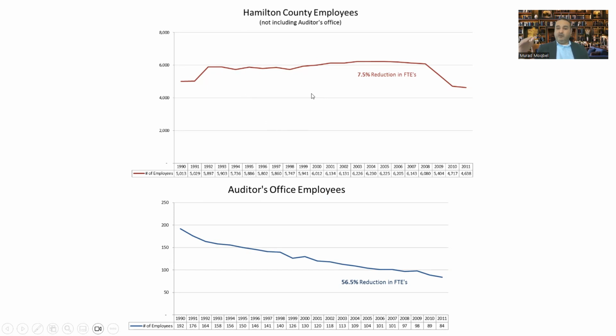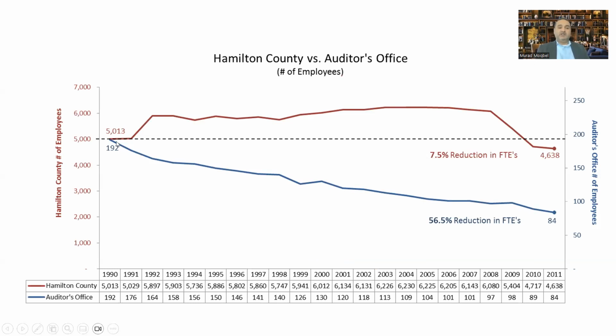However, it would be better if we create a dual axis or show them in one graph to be exact, right? That way we can compare them in a better way. So this is how it should look. We start when both of them start in 1990, and then the race starts 20 years later, right? So now you can see that the blue team has been reducing its full-time employees all the